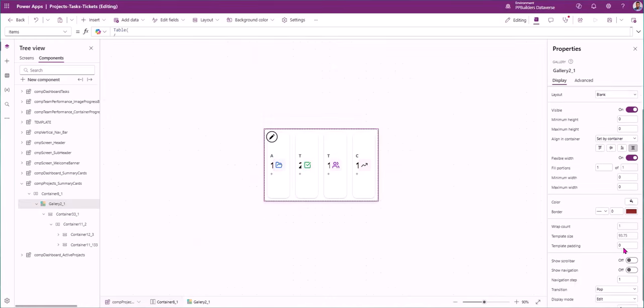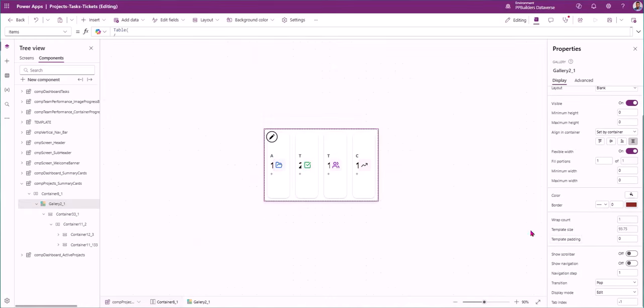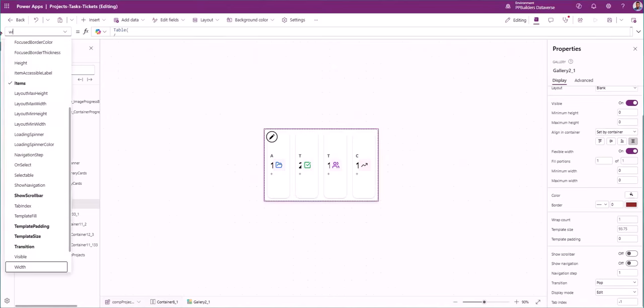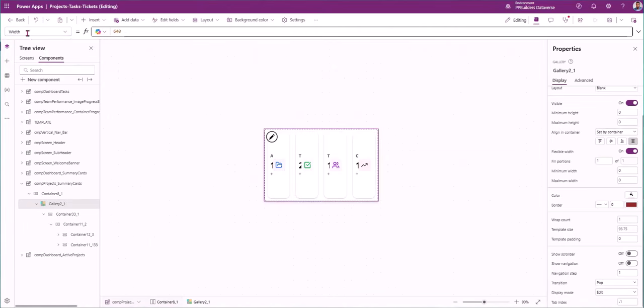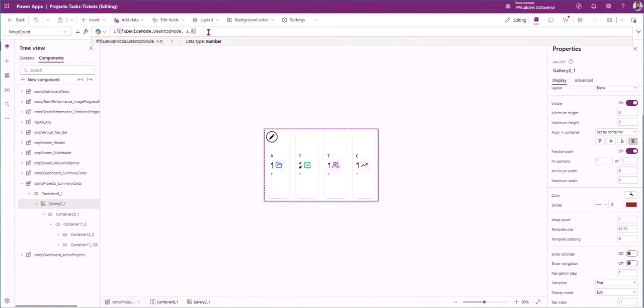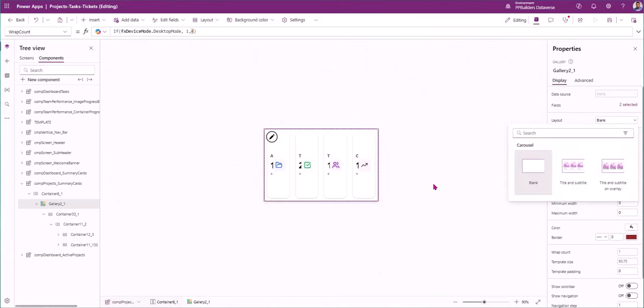So I'll go over here to my, let me check my width. The width of the gallery is also dynamic. I will check the wrap. You can see this wrap is the feature that determines how many column layouts your gallery will be. And just to let you know, this is a horizontal gallery, so sometimes it's difficult for you to know what kind of gallery you're working on, because both of the galleries can change their number of layouts or column layouts. So what I do,